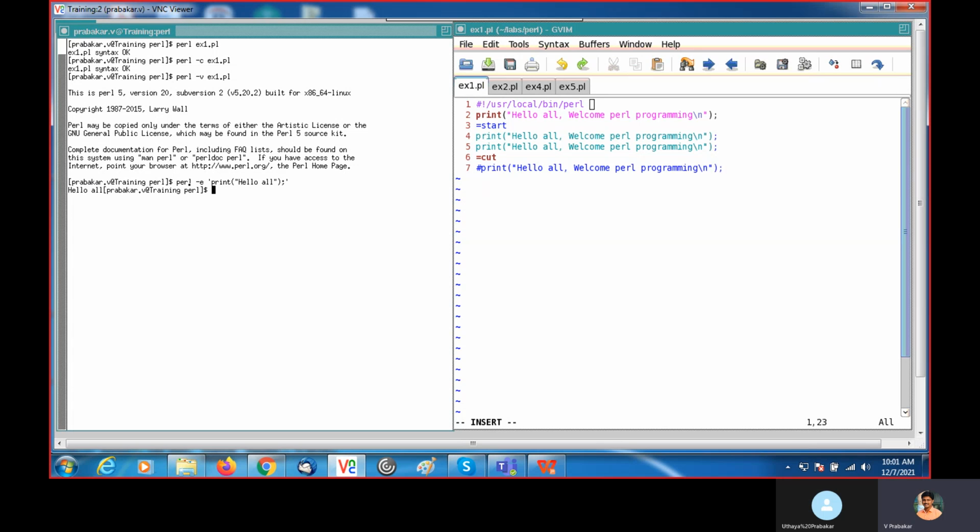Directly you can run this. It is printed on the same line. With \n, a new line will be created so that it will move here. So this is the usage of the options.